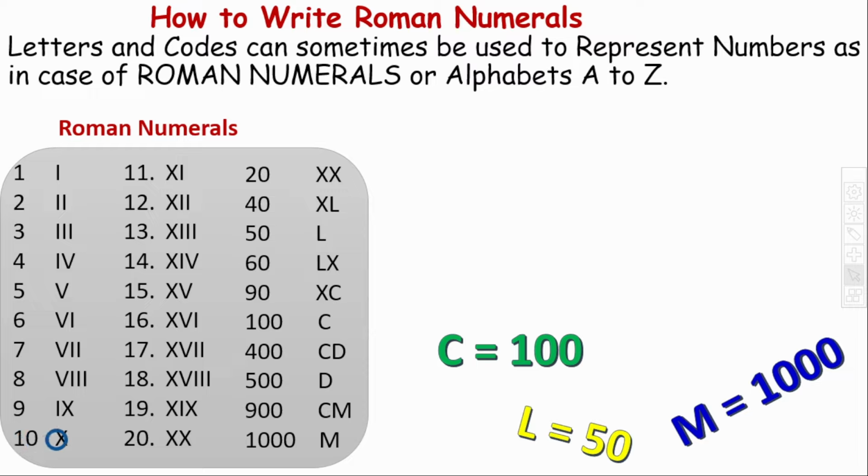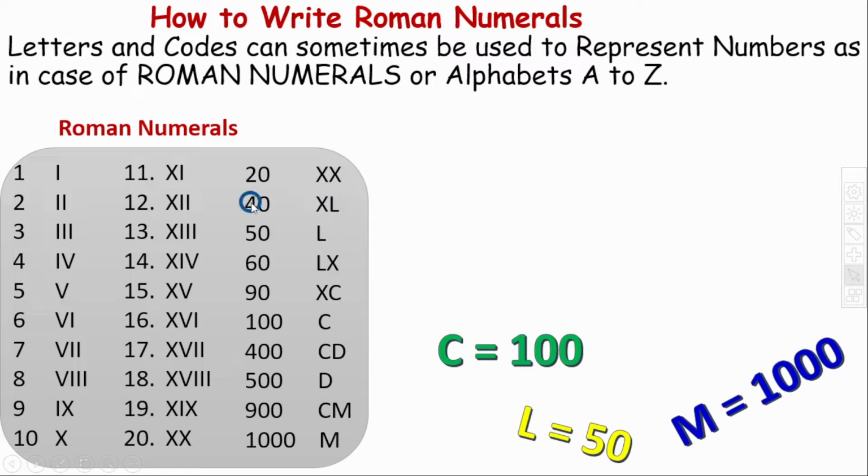10. 10 is X. We all know that 10 minus 1 gives us 9. So we need to put I before X to give us 9. So 10 minus 1 gives us 9, and that's why we have IX equal to 9. So 9 was actually derived from 10. 11 was derived from 10, because we all know that 10 plus 1 gives us 11. 20 is XX. 40 is